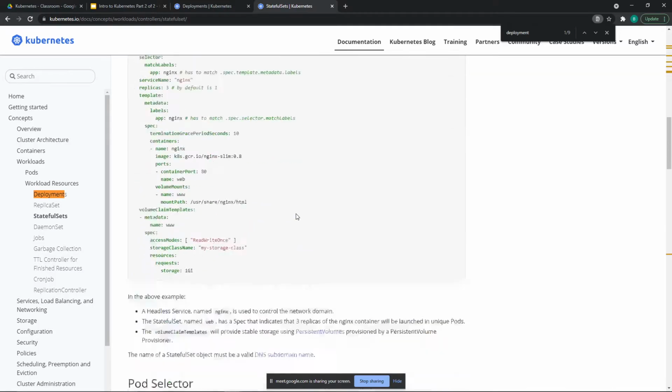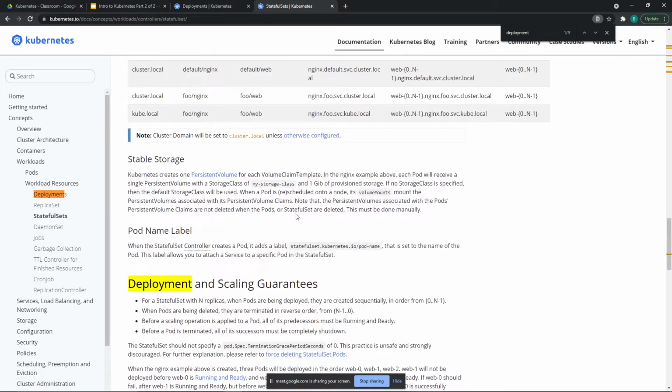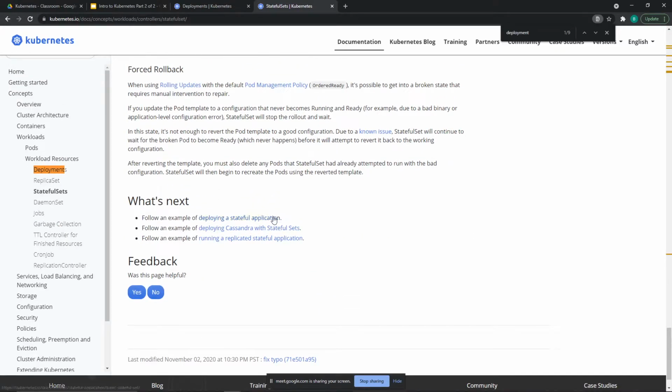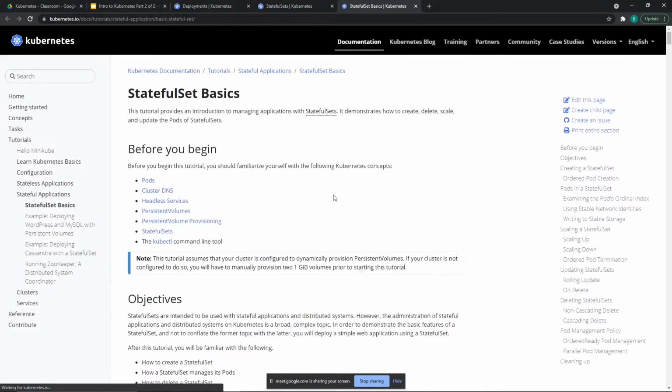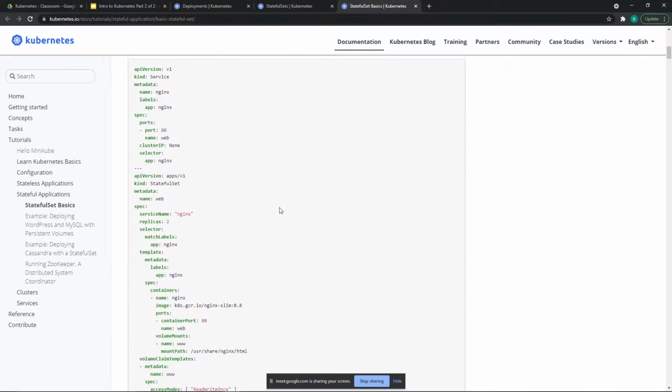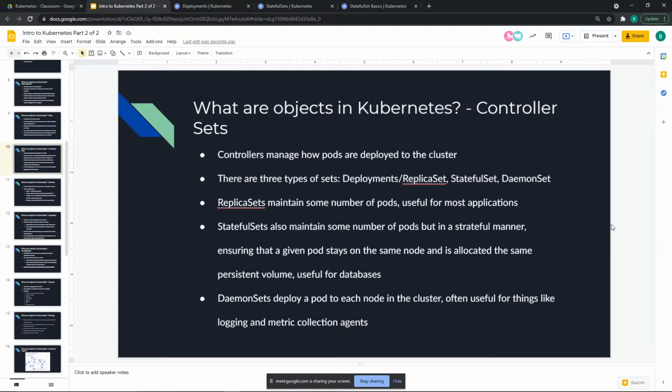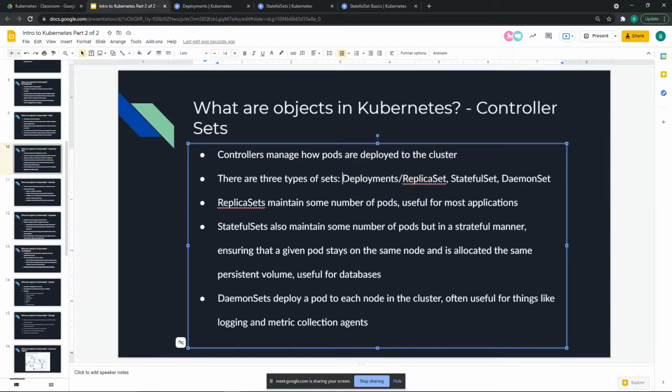Sorry, guys. I'll check into that later. That is suggesting that deployments and replica sets are kind of the same thing, but they are separate objects in Kubernetes. I'm going to need to look into that because